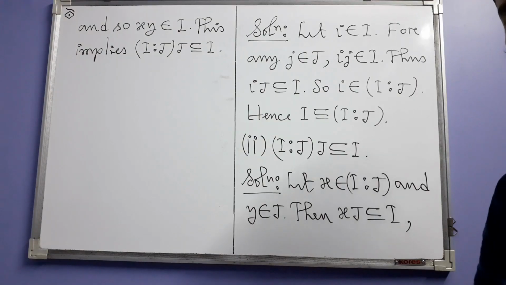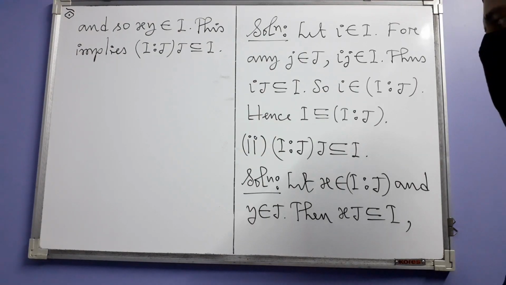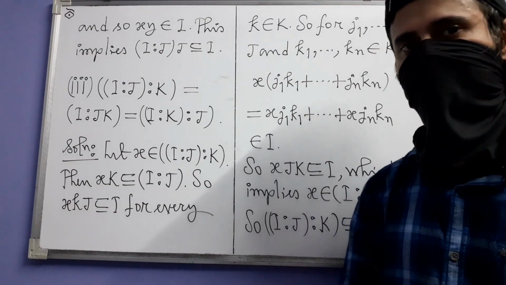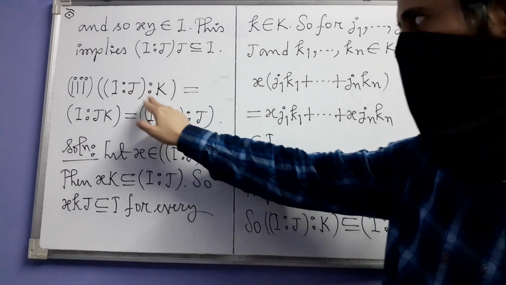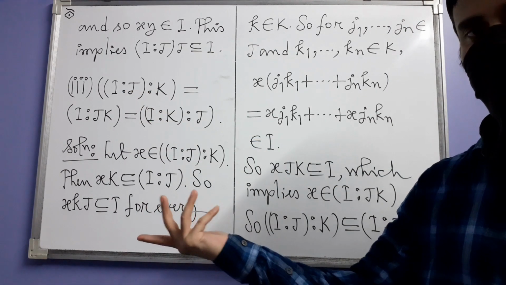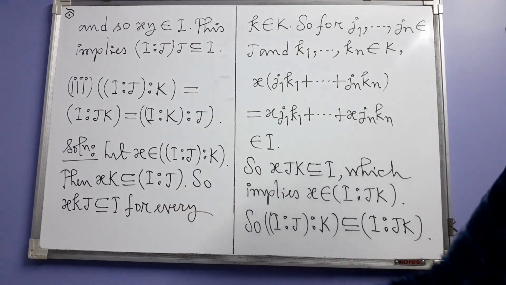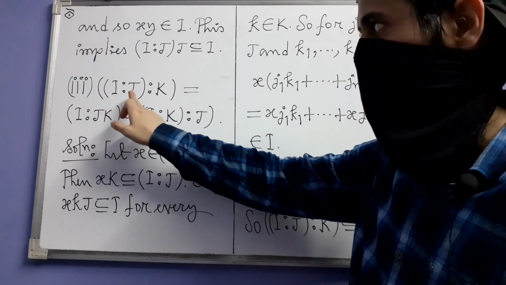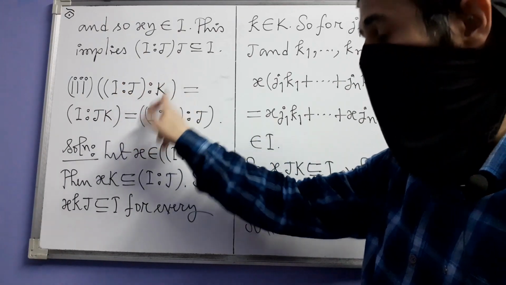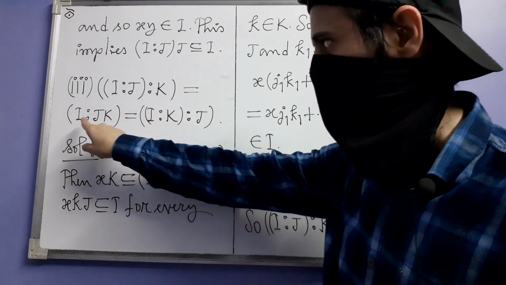Let's see another one, the third one. This third one is more complicated because it involves three ideals, I, J and K. Not necessarily distinct, they may be the same. So we have to prove that the ideal quotient of I colon J and K is equal to the ideal